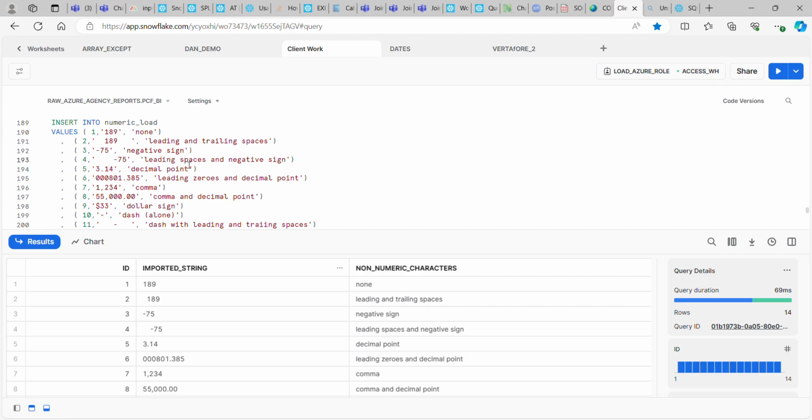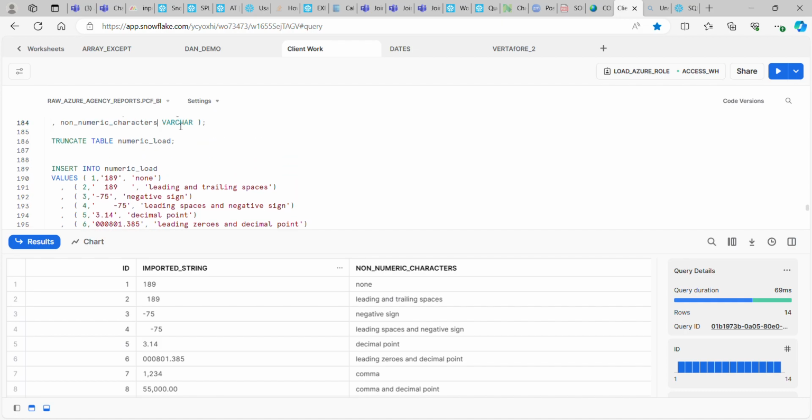Tonight we're going to take a look at an all too common problem, and that is how to deal with data that we've imported from an outside source, especially from either a CSV file or an Excel spreadsheet, and the problems that come along with that when we get numbers that Snowflake doesn't know how to convert to true numeric values. So what I've got set up here is I've created a table and I put some